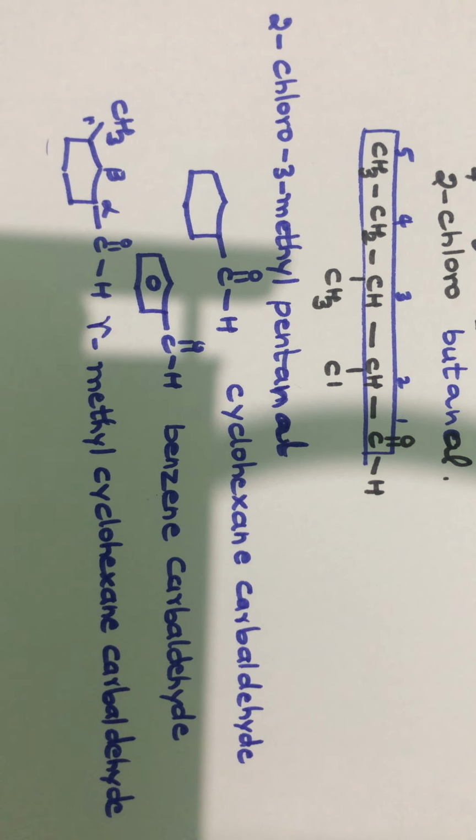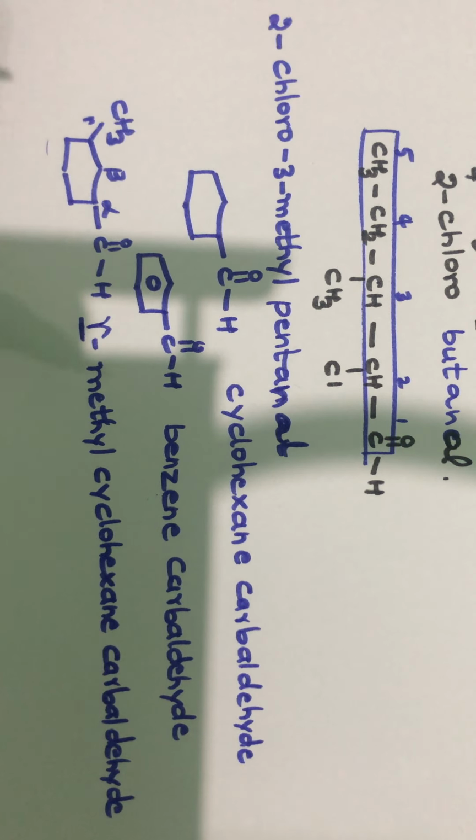Okay, so this is the difference. If you are going for the common system, then the position of the substituent is indicated by using the Greek letters, whereas in IUPAC it is indicated by the numbers. Okay,